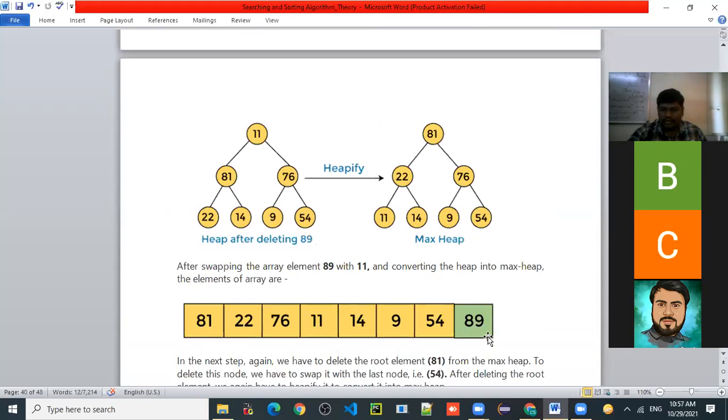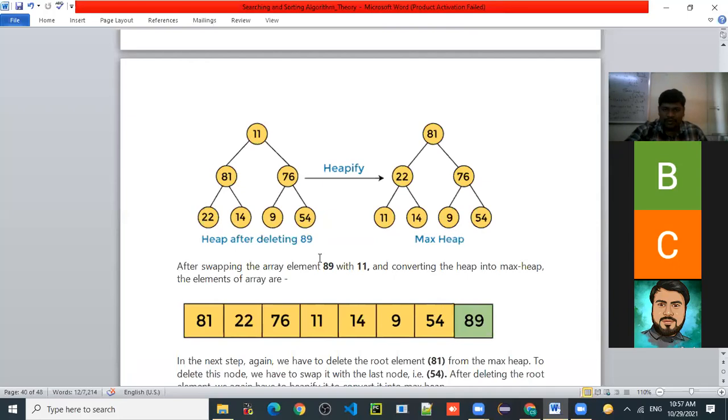The deleted element will be stored at the right side of the sublist. जो डिलीट केलेला एलिमेंट आहे तो कुठल्या साईडला स्टोअर केलेला आहे? लिस्टच्या राईट साइडच्या सब लिस्ट मध्ये स्टोअर केलं. तो आता आपण कन्सिडर करणार आहे का? No, we are not considering the deleted element in the further process. Now the elements are 11, 81, 22, 14, 76, 9 and 54.